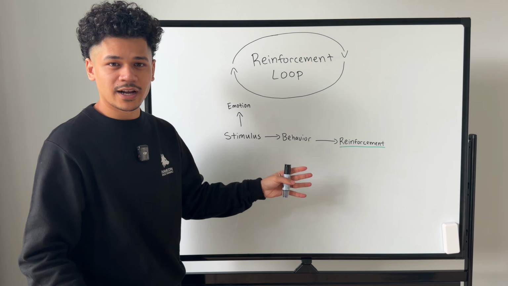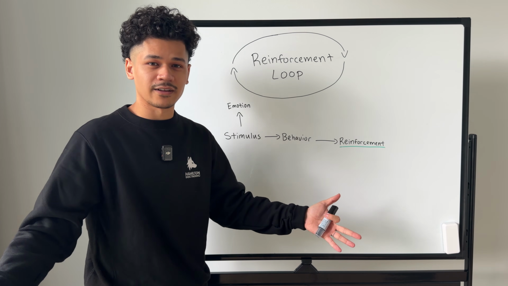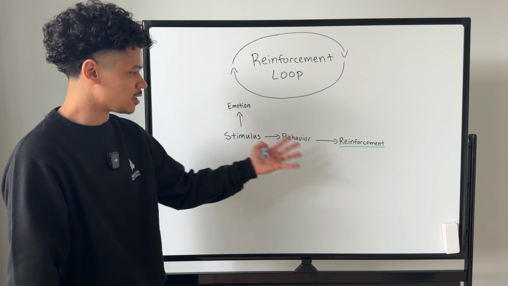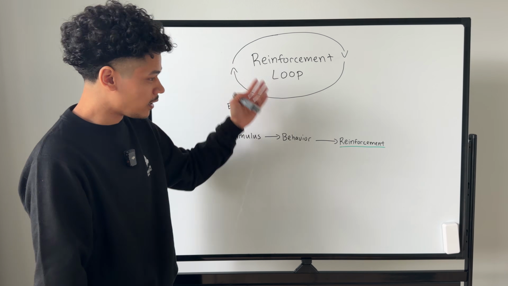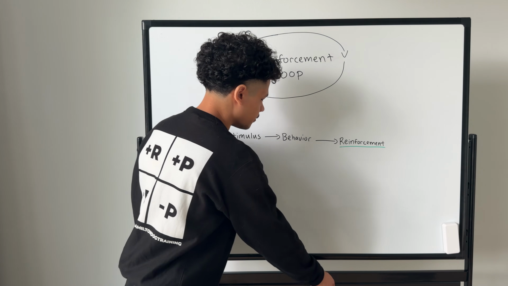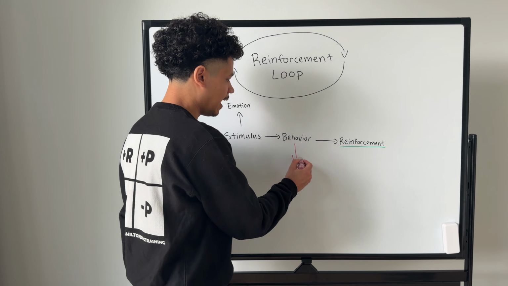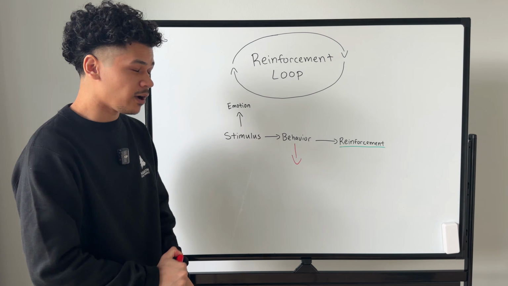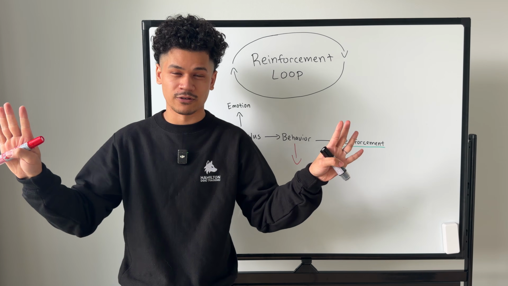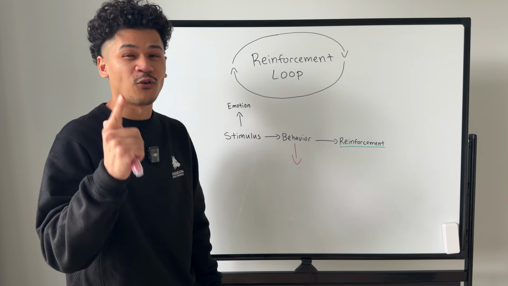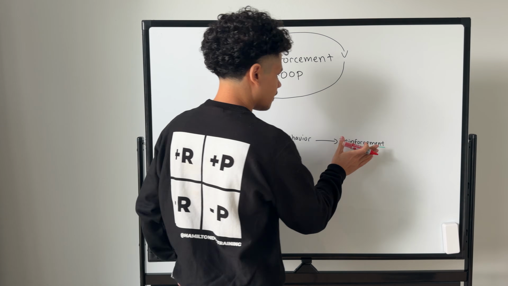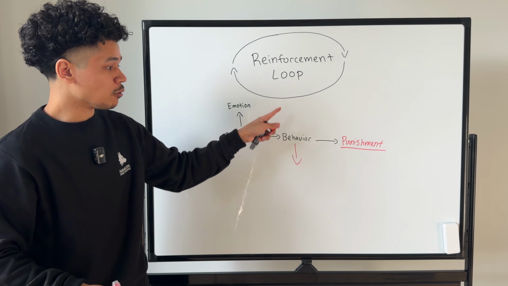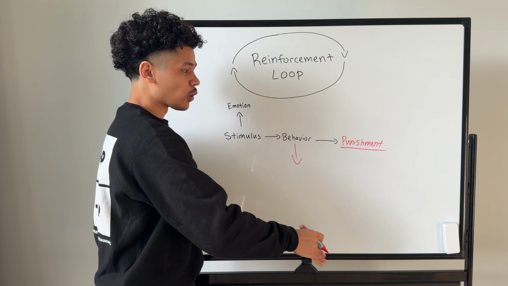And this is the reason why so many training approaches completely fail. It's because you don't have a basic understanding of why the dog is reactive in the first place and what's motivating the behavior. So if you want to break this loop, if you want to decrease the frequency of this behavior, I'm gonna let you in on something, all right? The only way to decrease a behavior, the only way to decrease especially a self-reinforcing behavior is punishment. This is what allows you to completely remove your dog's reactive behavior and break this loop.